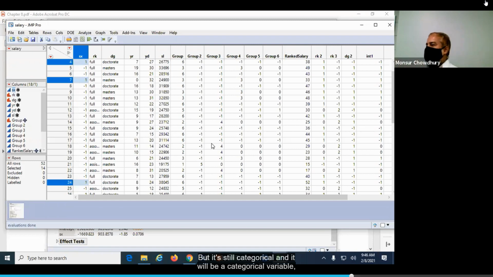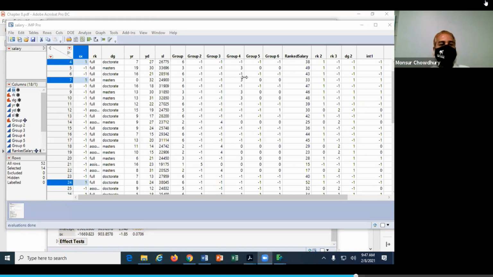But it's still categorical. Why are you changing it to continuous type? That's what I am saying. I just change it because we gave this a numeric coding, so we are just considering it continuous. But it's not continuous, it's the same interpretation as the categorical variable. Any other questions?